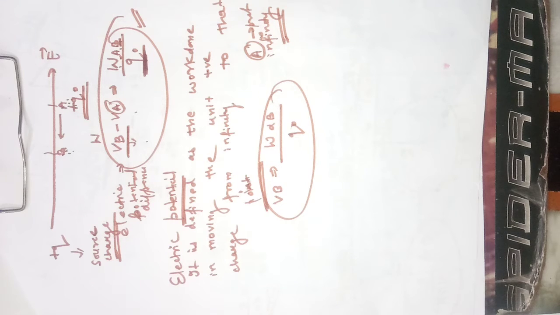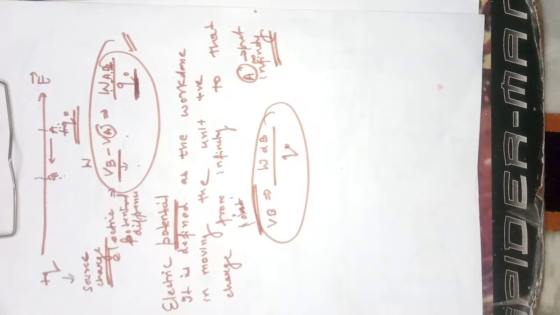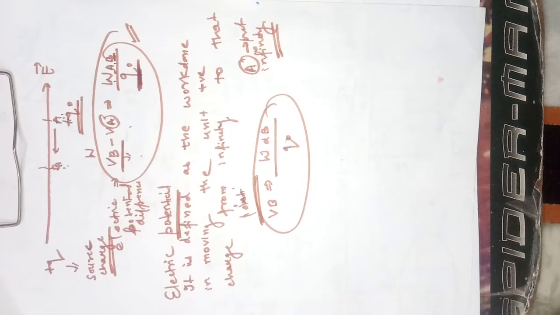हमने पहले क्या कहा? What I have told you earlier that we are moving the test charge from point A to point B. हम अपने टेस्ट चार्ज को A पॉइंट से B पॉइंट की तरफ ला रहे हैं. अगर मैं स्टेटमेंट को थोड़ा सा मॉडिफाई कर दूं और मैं ये कह दूं कि we are bringing the charge from infinity to point B और the point A is present at infinity, I have tilted or modified the statement by a small amount.